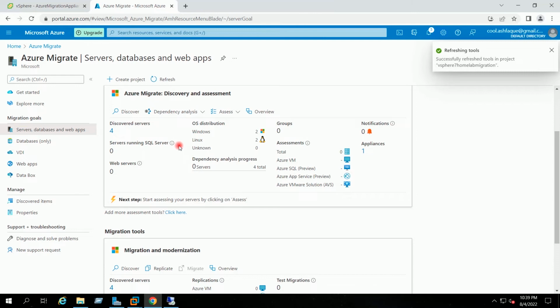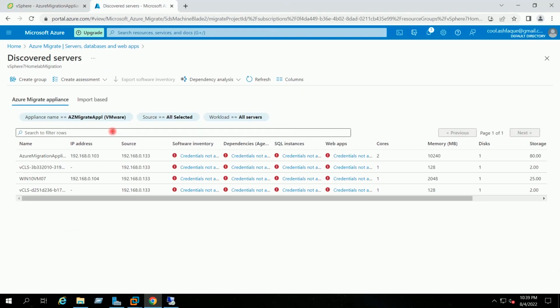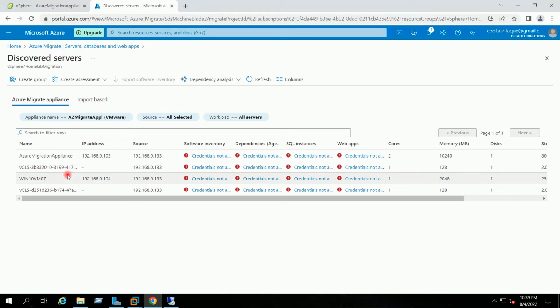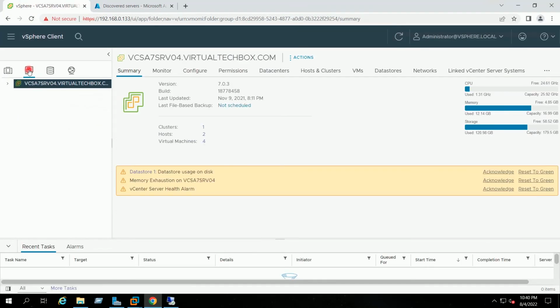Now you can see discovered servers count is showing as 4. I will click on 4. These two are the cluster VMs which get created by default by the vSphere 7 cluster.